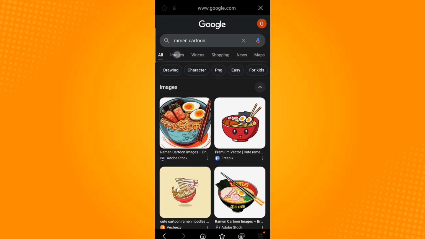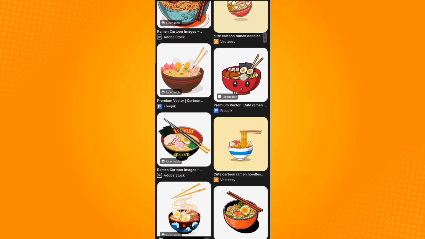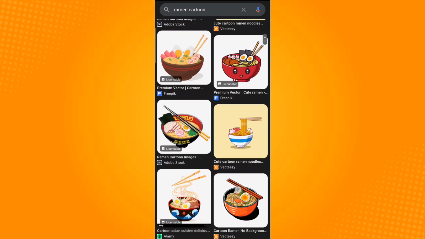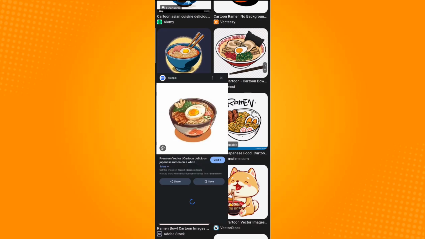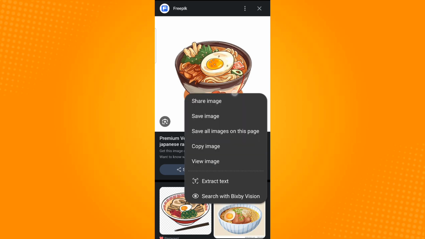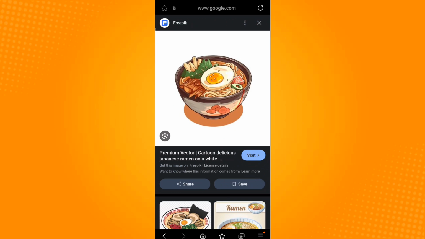Go to Images. Scroll down and select the image that you want to use. Tap and hold the image and select Save Image. Now once that image is downloaded, open a new tab